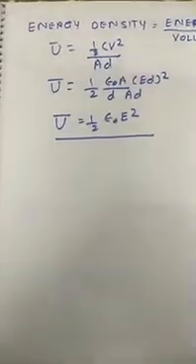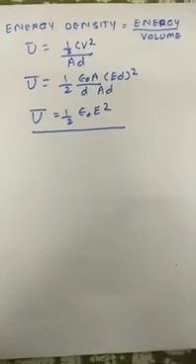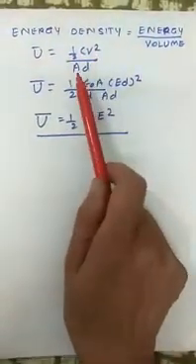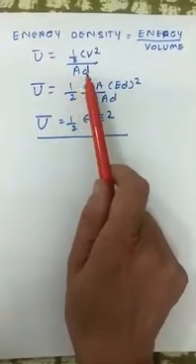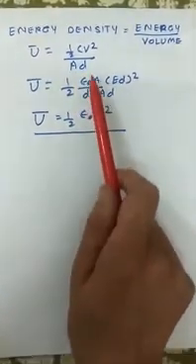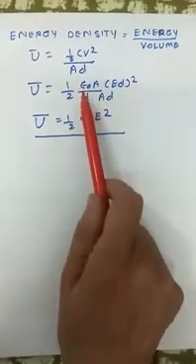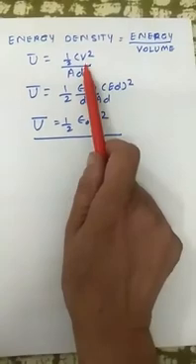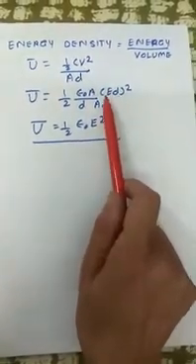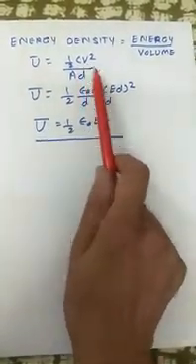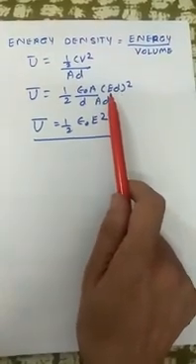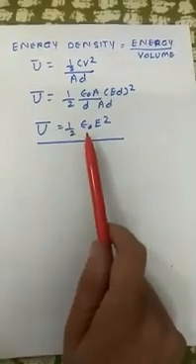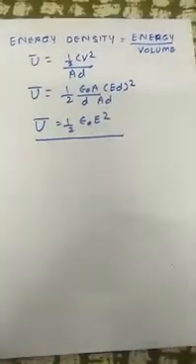Now if we have to find the energy density, meaning energy per unit volume, this is the energy, and the total volume of the capacitor is area into spacing between the plates. By putting the formula of C, epsilon naught A upon D, as we studied in the last video, and V equal to E into D, the potential difference between the plates, where E is the electric field between the plates, it comes out to be half epsilon naught E square.